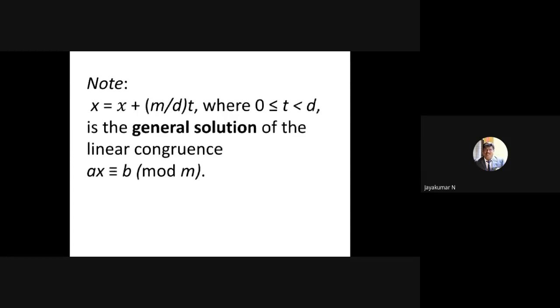The general solution for ax congruent to b mod m. The general solution of the linear congruence ax congruent to b mod m is x equal to x naught plus m by d into t, where t lies between 0 and d, that is, 0 less than or equal to t less than d. So based on the note,